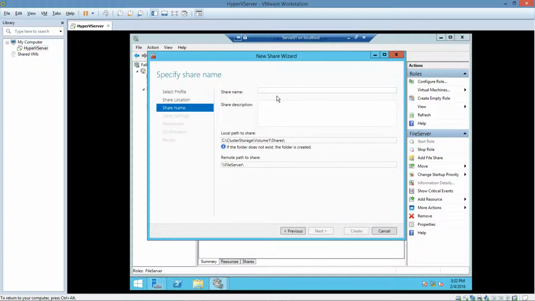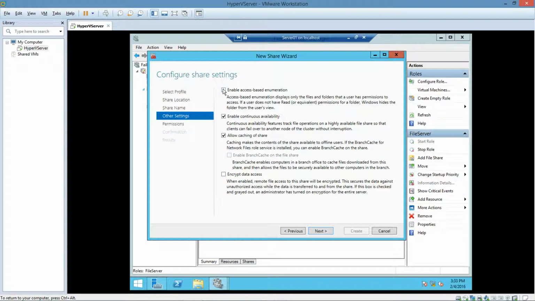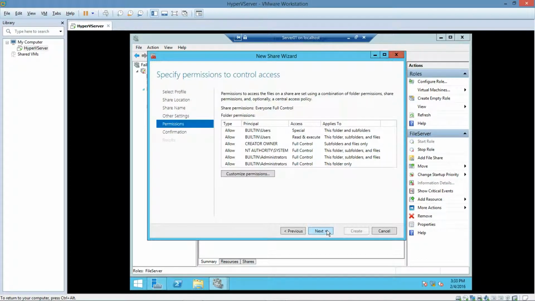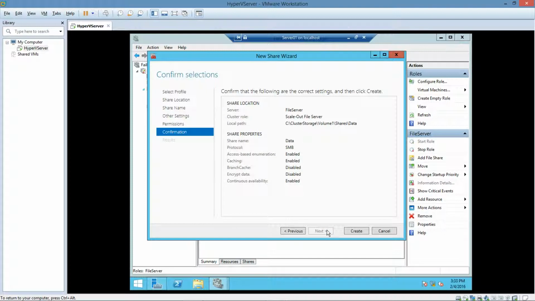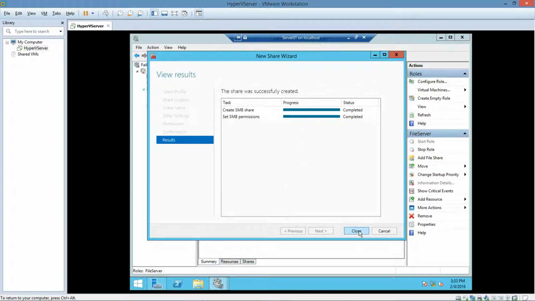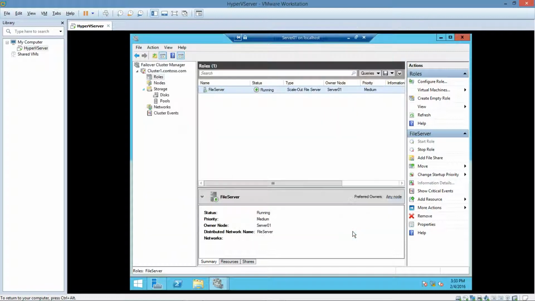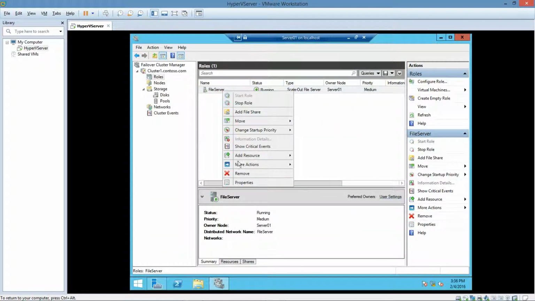and we're going to type in the share name as data. We're going to click next to enable access based enumeration and click next. Click next and click create. And now that it's finished creating, we're going to click close and go to the file server and go to